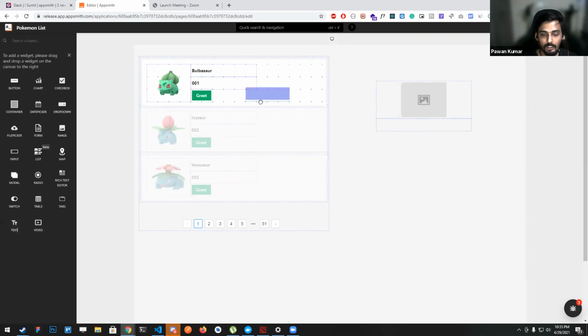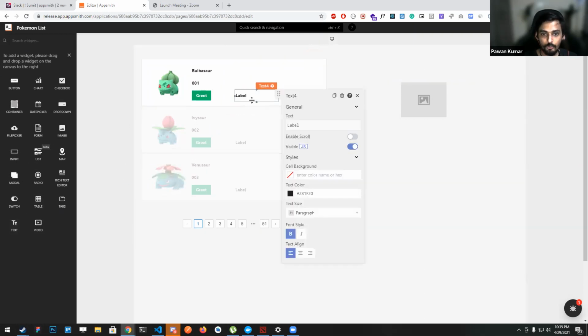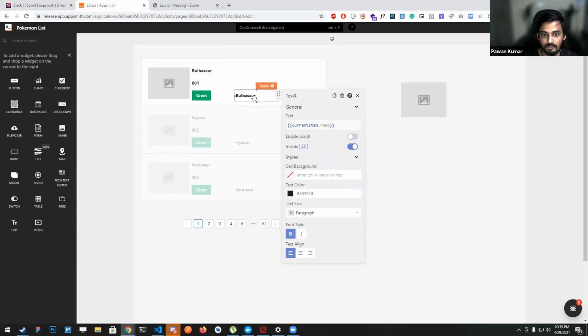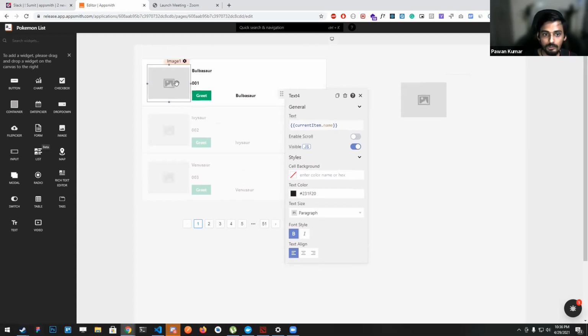So for example, you want to show here the current Pokemon. So what you can do is you can just simply do current item dot name. So as you can see, the value has changed according to the current item in the array.